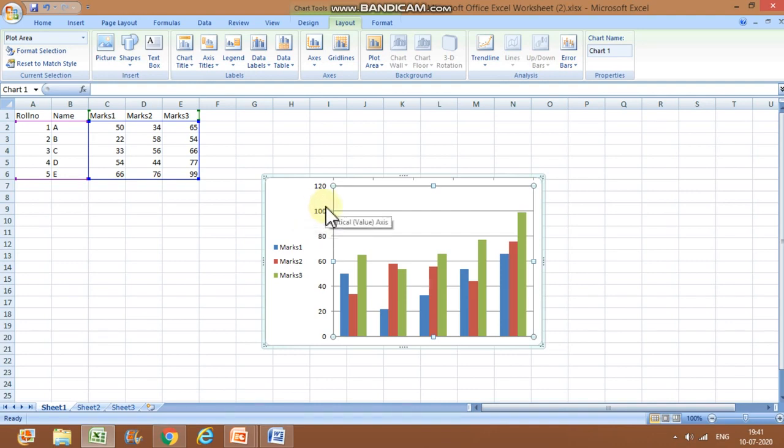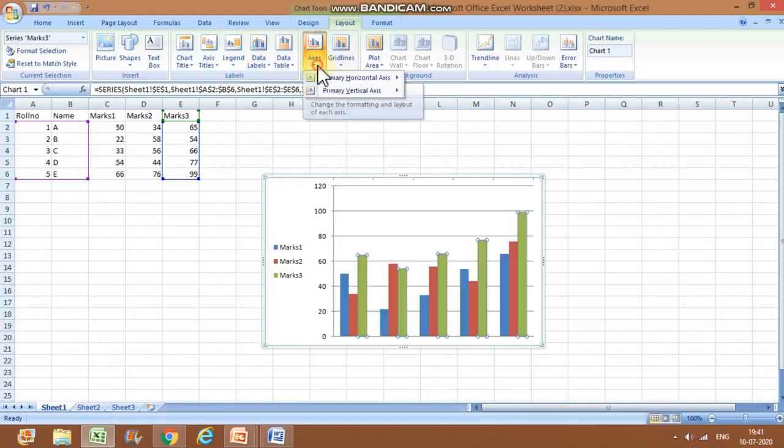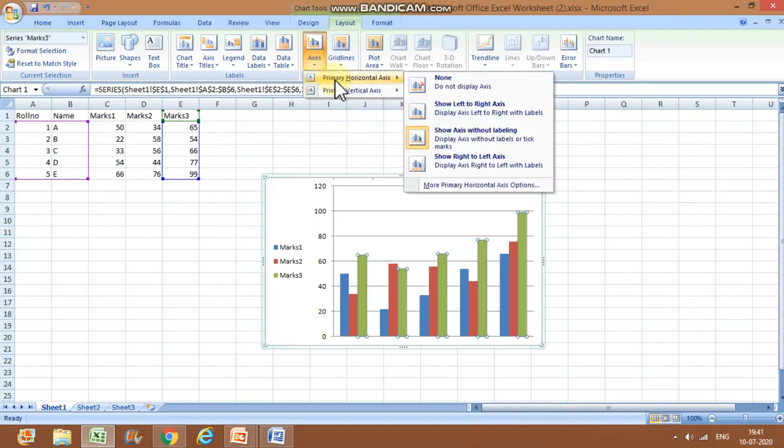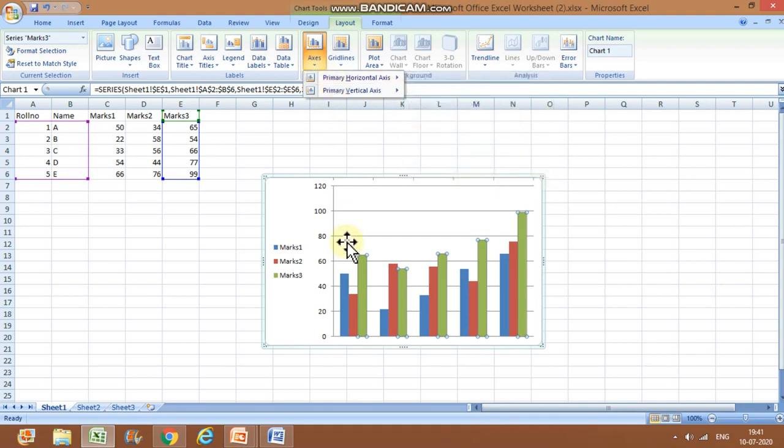Next was axis values. For axis values, again you have to click the chart, go to the layout tab, in labels, the axis group, and you will get the axis option. Click on axis, and you will get two: primary horizontal axis and primary vertical axis. What are axes? You are clear? This is the x axis, and this is the y axis.